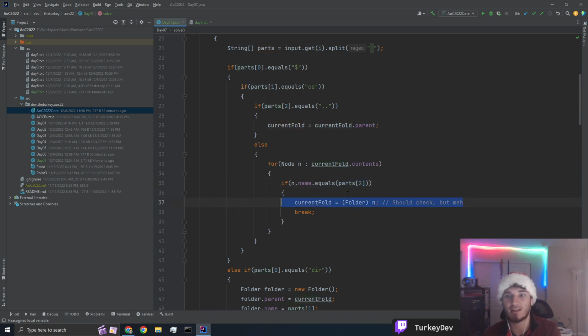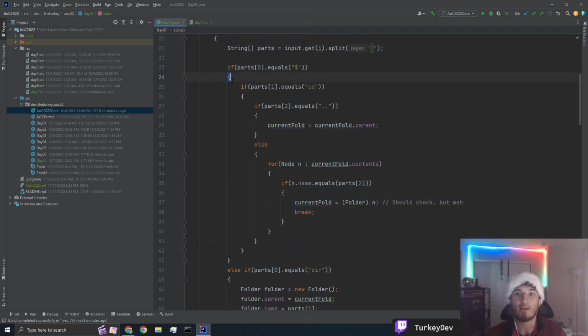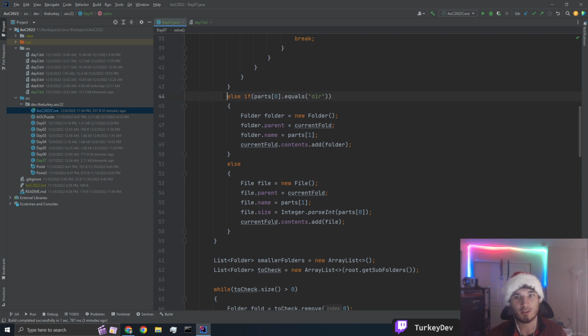I probably should be checking this as a folder, but for this input, it's safe that it is a folder, and then break out and let the logic continue. If we do not get a $ sign to start our line, we know we are looking at a file or directory output. If we see the line starts with a directory, we know we are looking at directory outputs, and